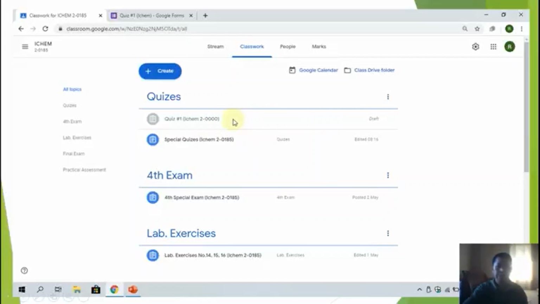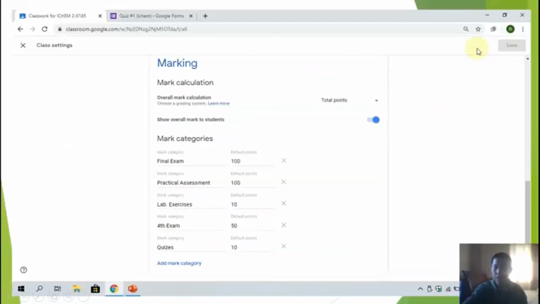So save draft, you click this one. I will show you the one I told you before. You have to click this gear button. When you click this one, this will appear. So just use this up and down to scroll.